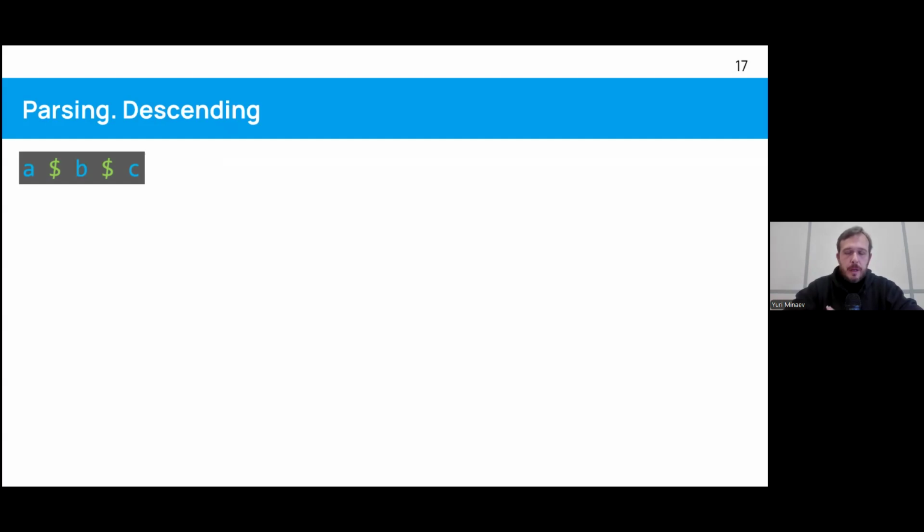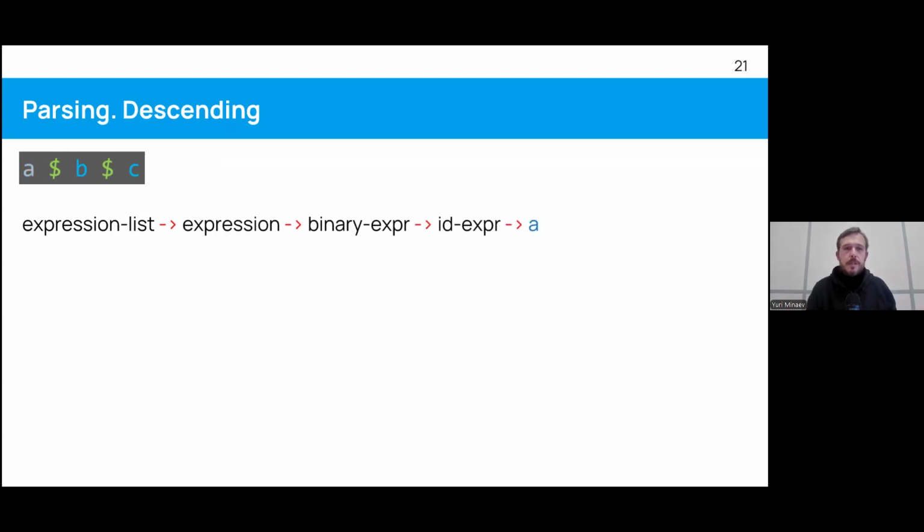How does it work? Imagine a class called parser somewhere, and it has functions in it. The first thing we do is call the expression list function, because that is our root production in our grammar. From expression list, we go to expression, we go to binary, we go to ID. In ID expression, we find and consume that, hey, we've got A. That's a valid ID expression, so we take it.